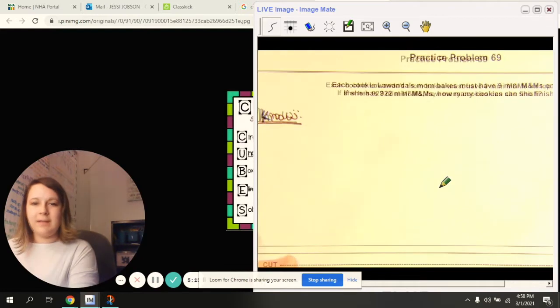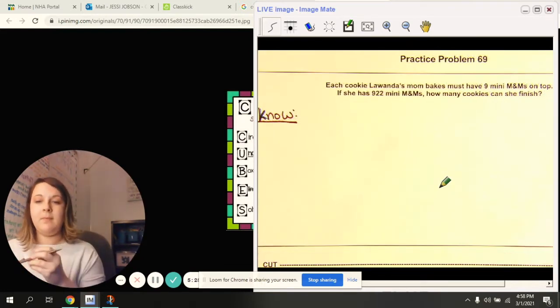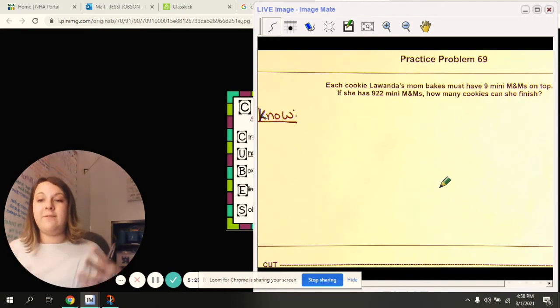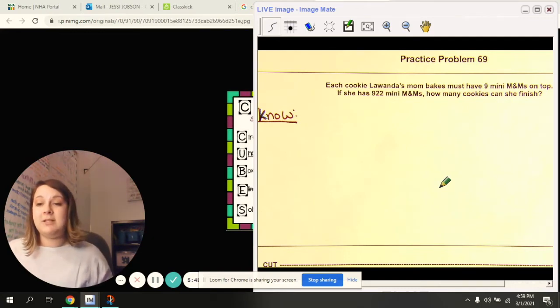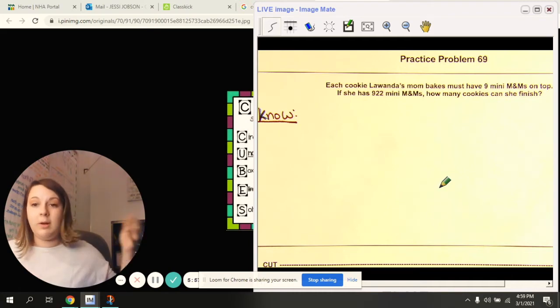This is where we're going to write down what we know about the word problem. This is where we put facts. And so when I'm teaching my kids about how to find facts, one of the big things we look for are numbers. We go sentence by sentence and we look critically at the information. Is it something we need to know to mathematically solve the problem? If they tell you that a person's birthday is April 28th, but they're asking about the total number of shoes the person has, then their birthday is a great fun fact, but it really has nothing to do with the